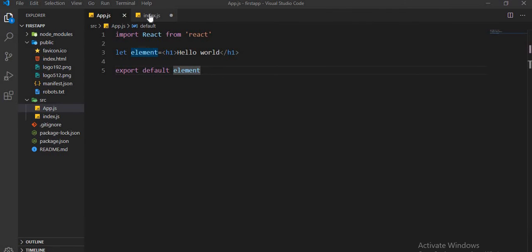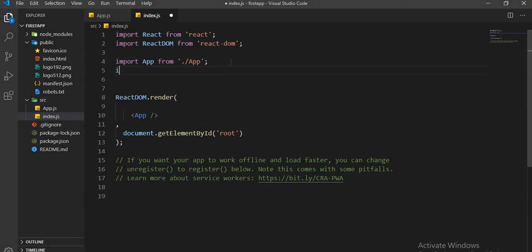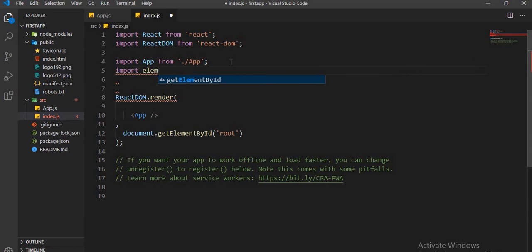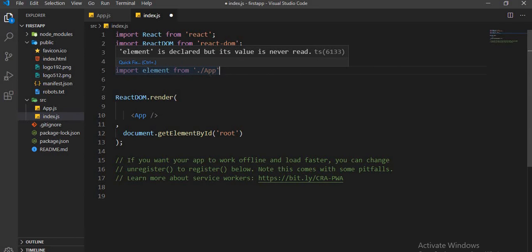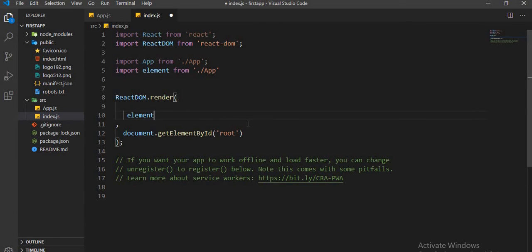Okay, now go to index.js, and here I want to import our element. import element from app. This dot and slash represents your current directory, and I'm importing this element from the app component. Now remove this and simply write element. Save the file and get back to your browser.